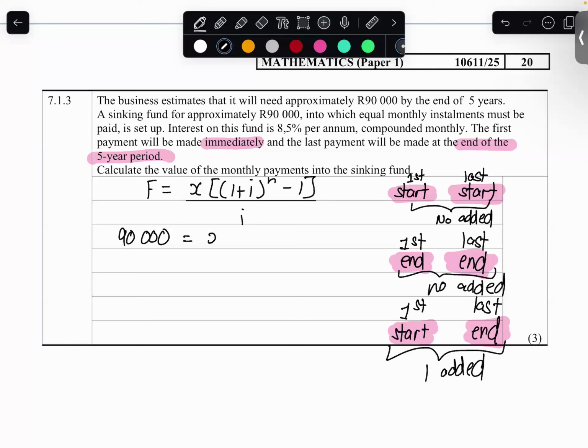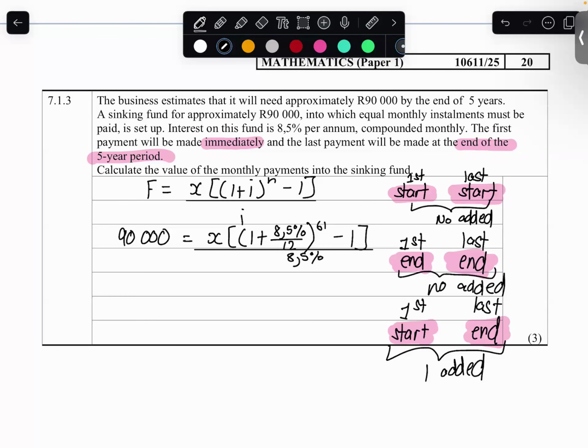X is what we're trying to solve for, because it says calculate the monthly payment, into 1 plus i is 8.5%. It is compounded monthly, all to the 12 times 5. 12 times 5 is 60, plus the one added payment, because it started immediately. Right? So there's 61 payments, minus 1,